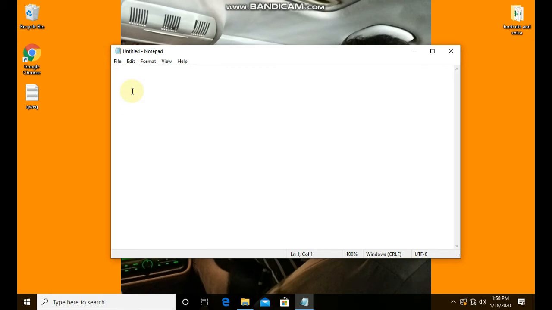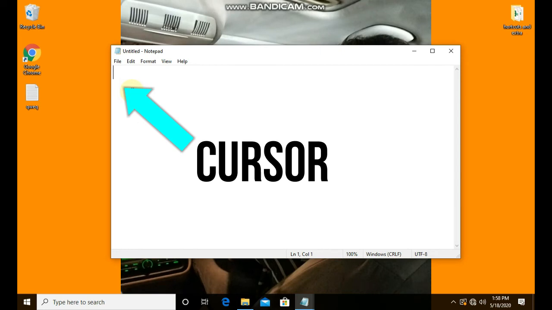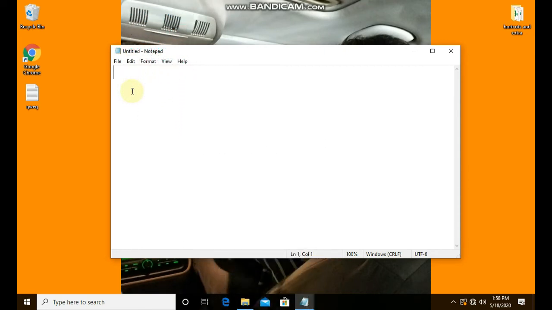This is your cursor. Maybe you are able to see one line. It is your cursor. You can write only with the help of the cursor. Without the cursor we can't write anywhere. Suppose your cursor is here, you can write only here. If you want to write downside, you need to press the enter button to go down.